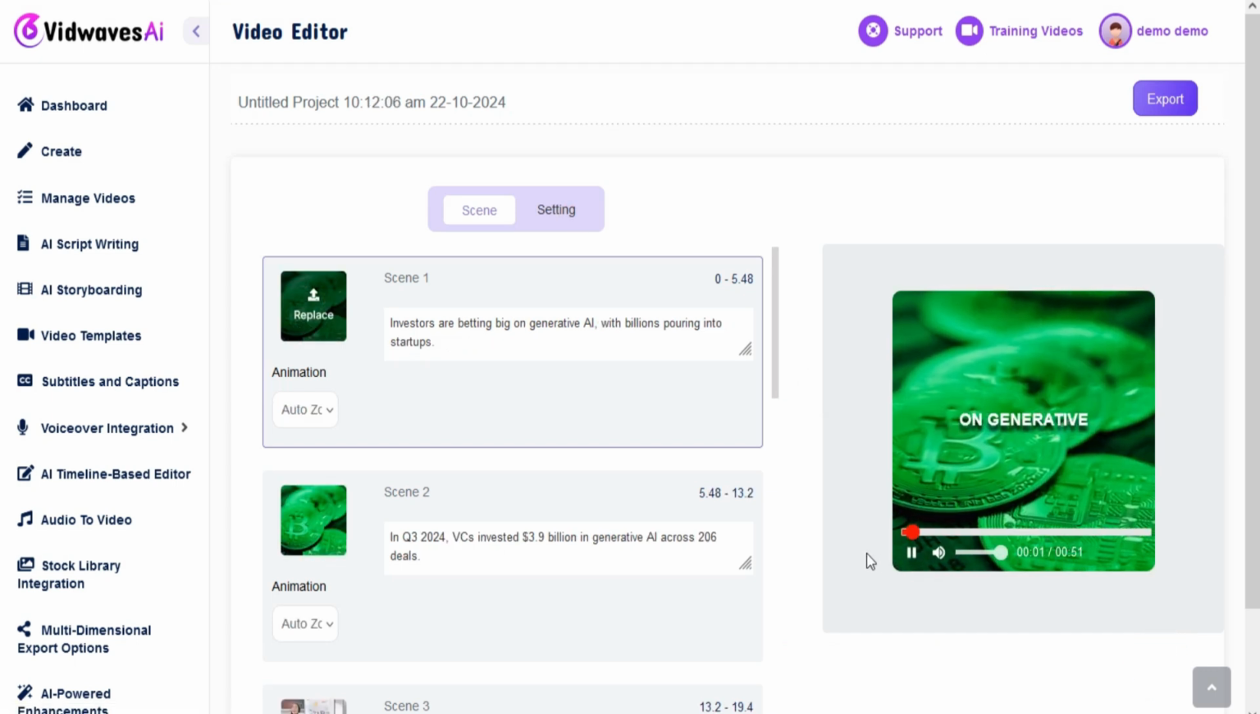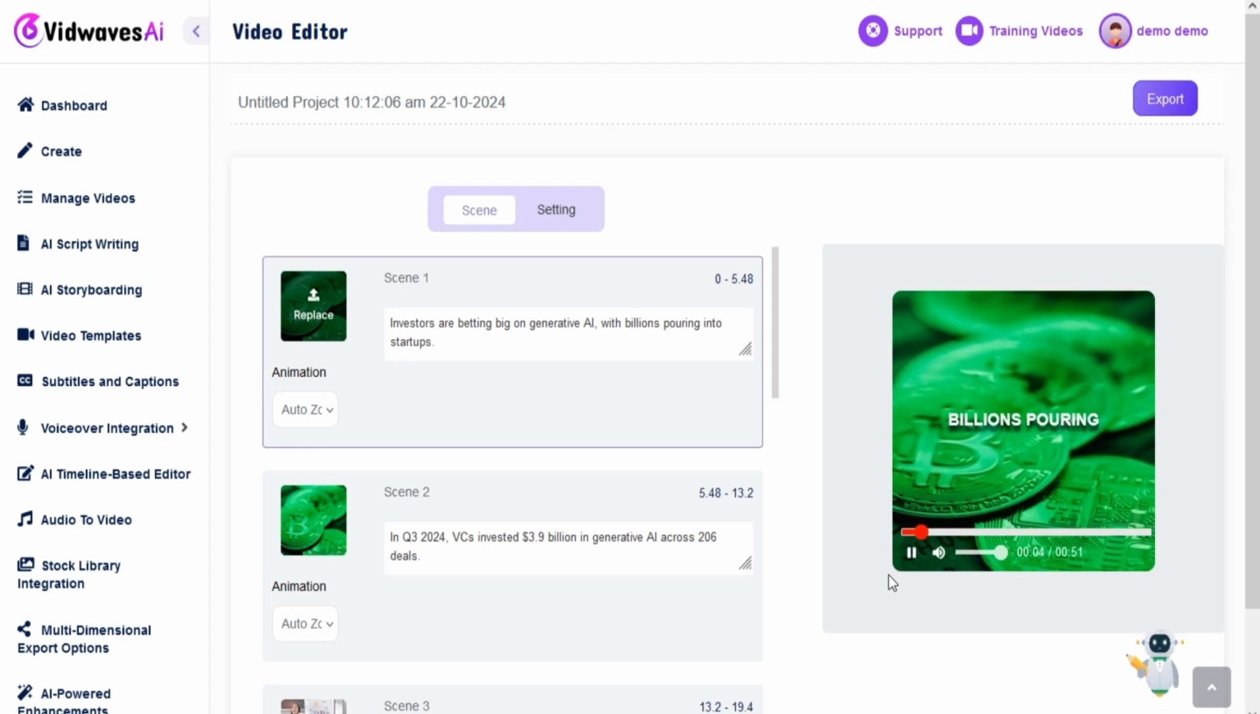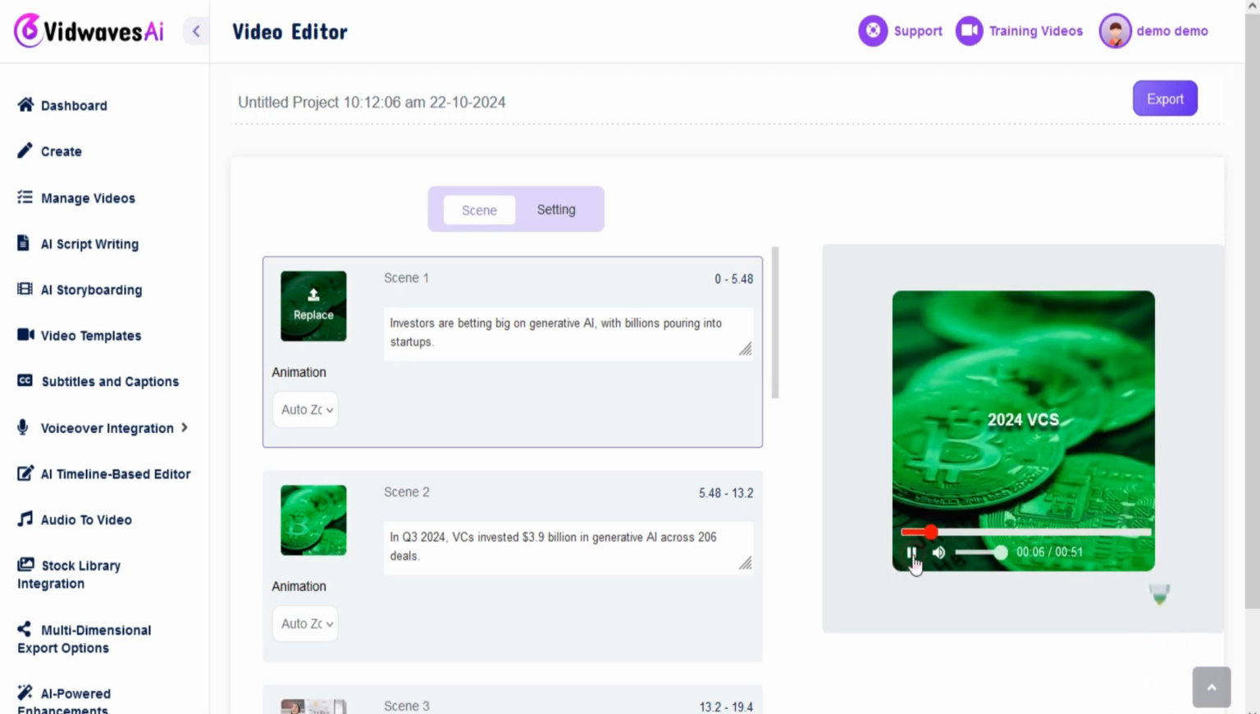Investors are betting big on generative AI, with billions pouring into startups. In Q3,